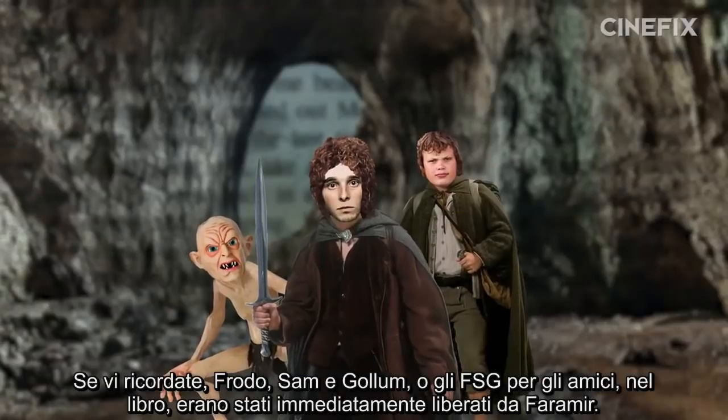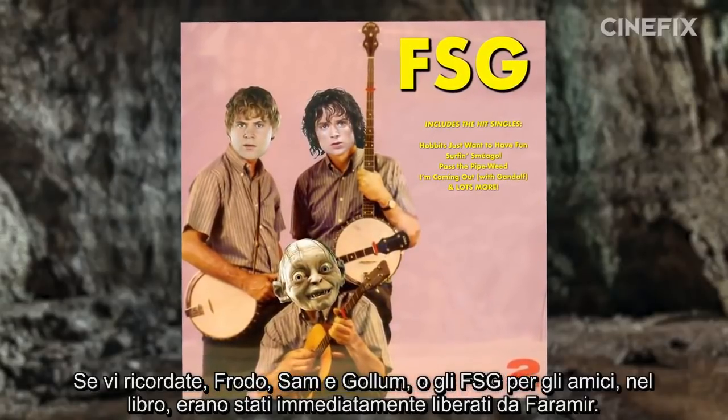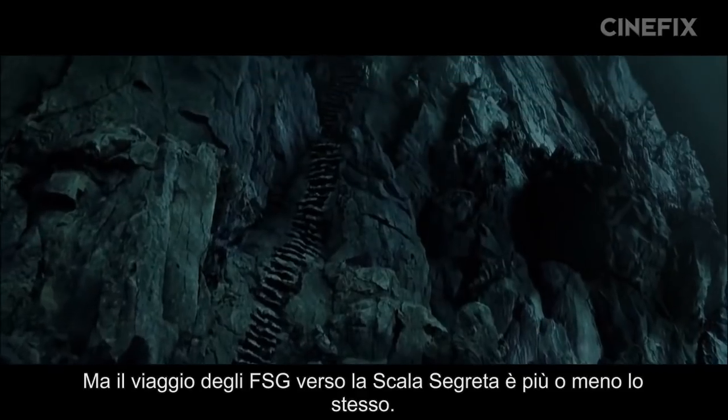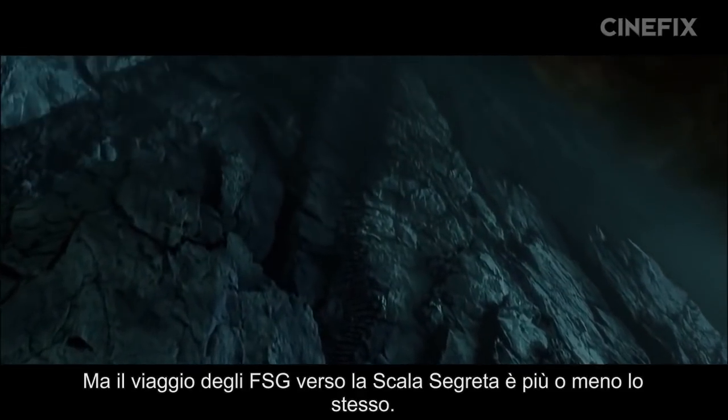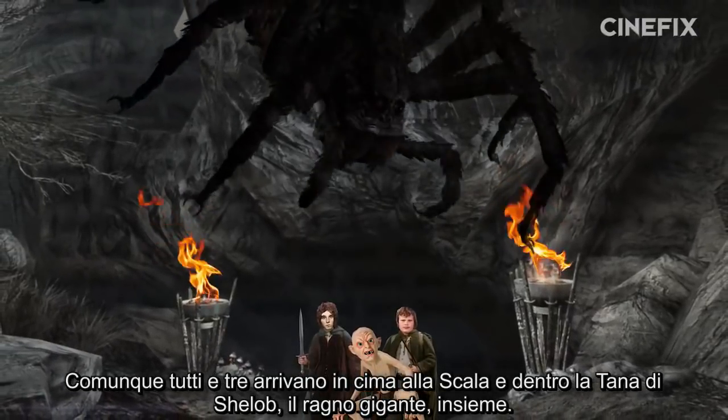first. If you'll remember, Frodo, Sam, and Gollum, or FSG to their friends, get released by Faramir immediately in the book, instead of being dragged to Osgiliath as they were in the movie. But FSG's journey to the Secret Stairs plays out pretty much the same. However, all 3 of them make it to the top of the stairs and into Shelob the giant spider's lair